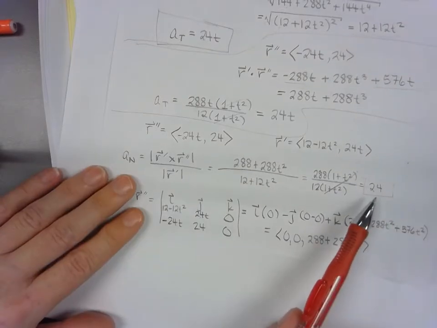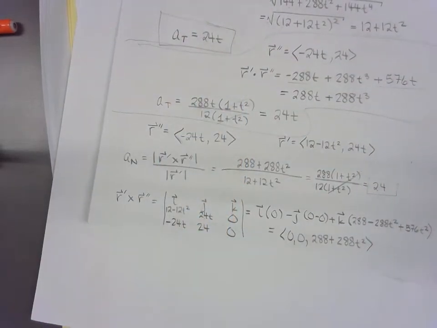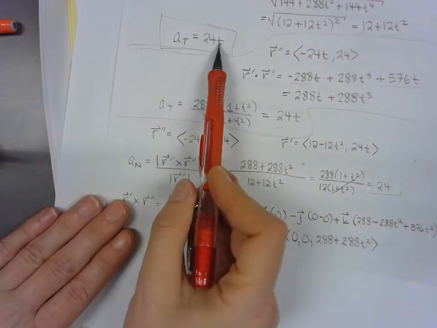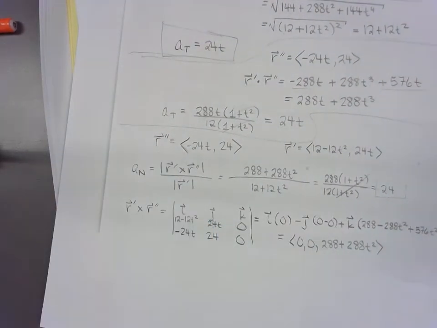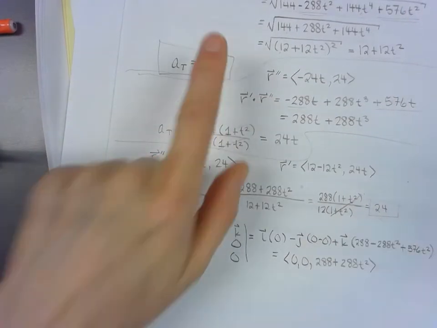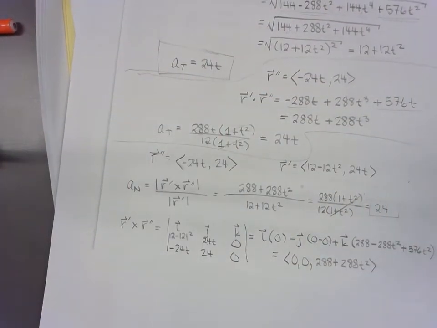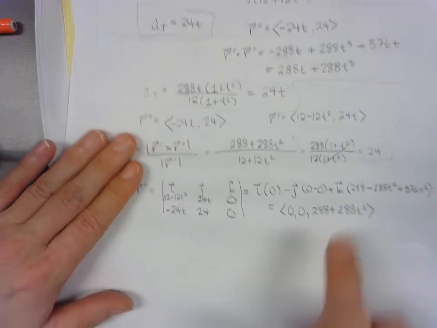Sort of, except it's getting less curvy as time goes on. Because if you were going faster and the curvature was the same, then you would be pulled more, right? If this was always 0 and this was 24, then you're going in, like a helix, a perfect circle. But the fact that your a sub t is changing, if your speed is changing, but this is,